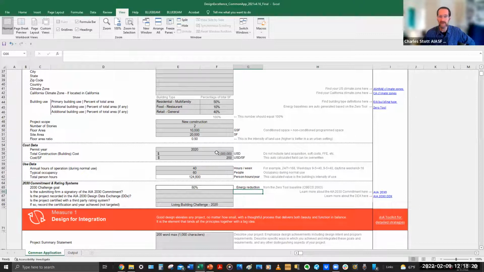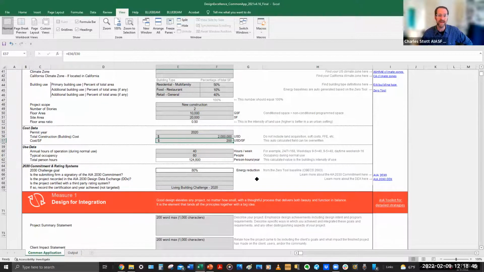If you're uncomfortable putting in the cost, and I can understand that, you can leave that blank if you'd like. It's less something that's going to be published, and more something that helps us understand the cost per square foot. We know in California that can be very high no matter what your project is, but it's all relative too. So it gives us a sense of the economy of each project and how that played into the design.